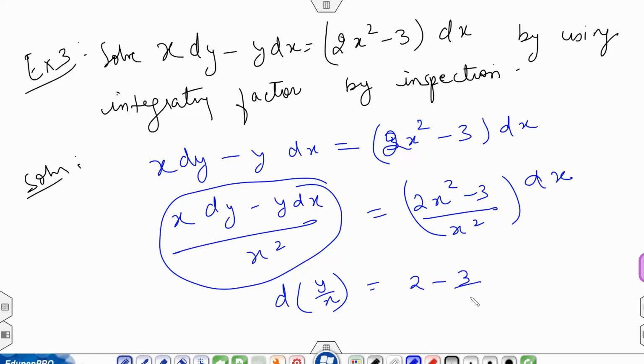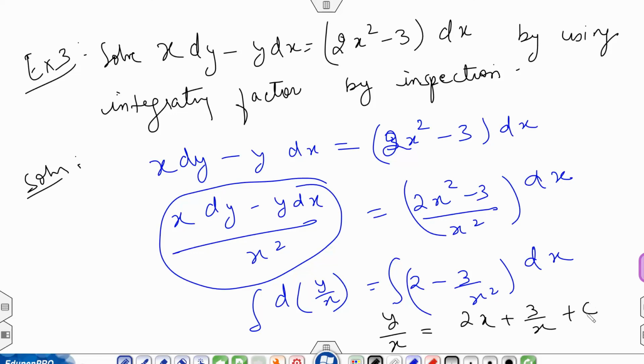And here I am getting this. To find the solution, I need to integrate both sides. After integrating both sides, I will get my solution for the given differential equation as this. So this will be my solution. This was all about your integrating factor. Mainly you have three cases in your syllabus. Obviously there are many ways to find the integrating factor, but we will stick to only these three cases.